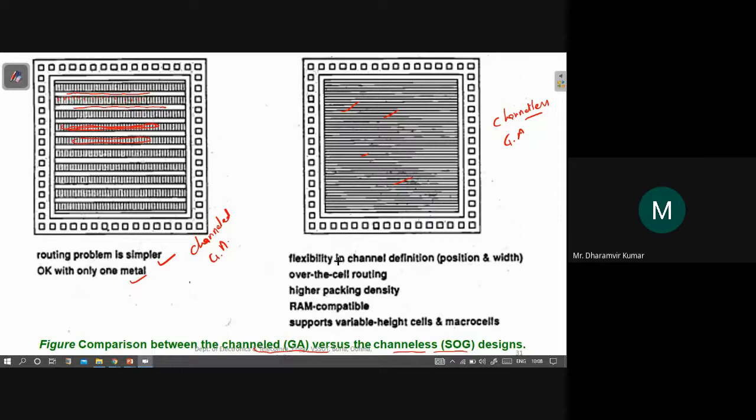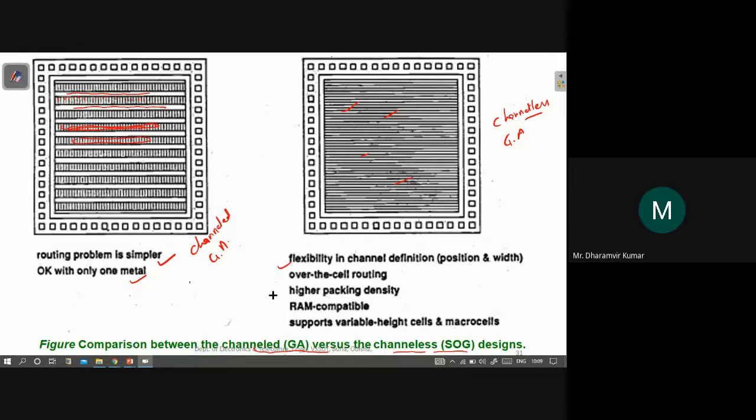But here there is flexibility in channel definition. Because in the channeled array the channel space is defined, but here you can use any of the transistors to form a logic part or a channel part. There is flexibility in defining the channel position.